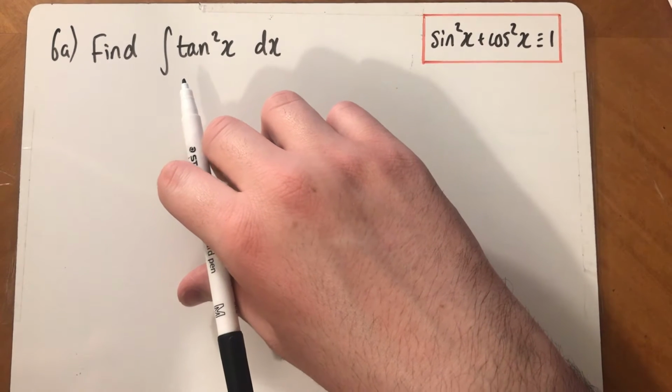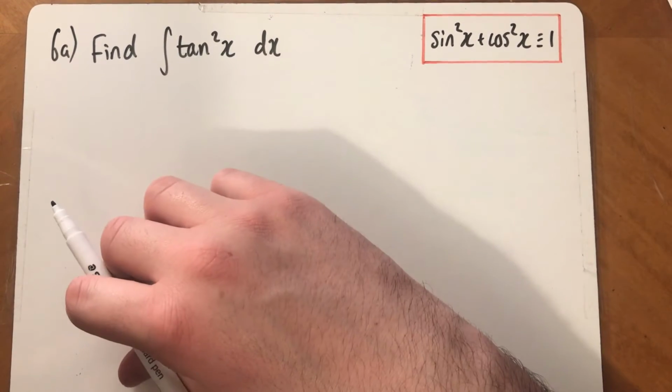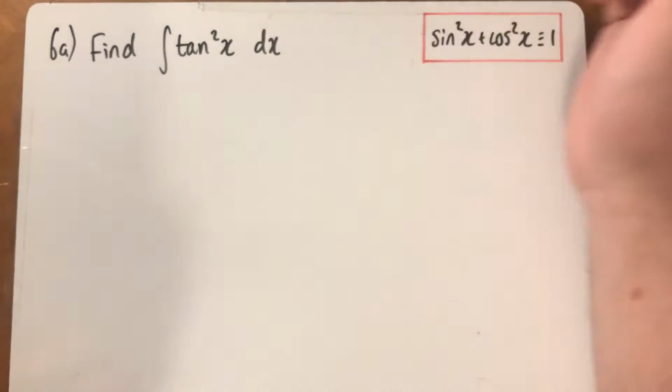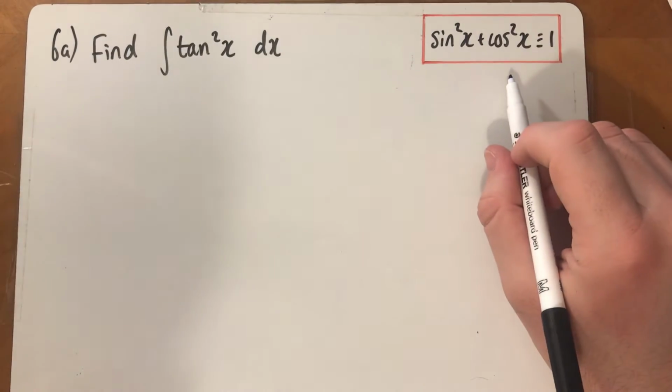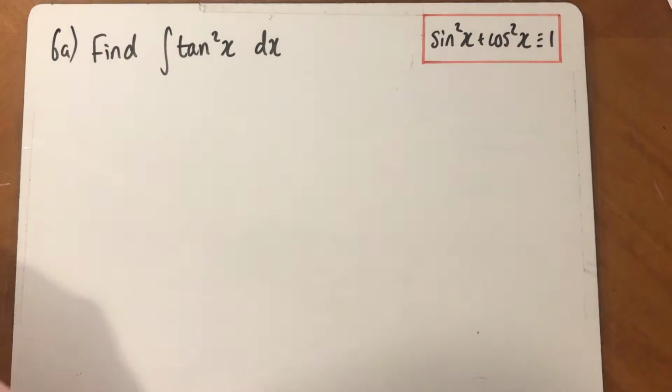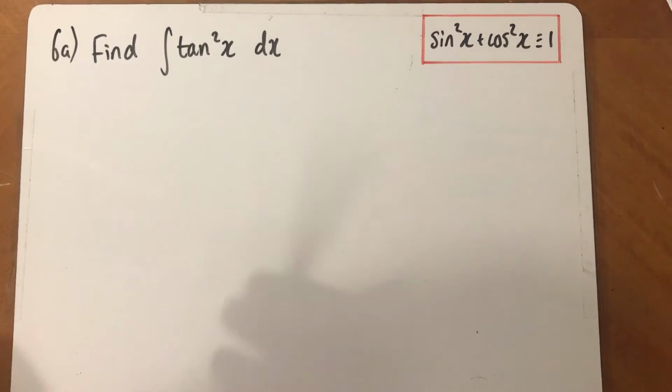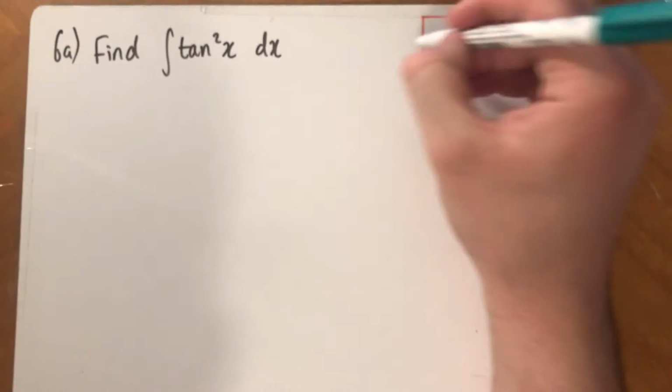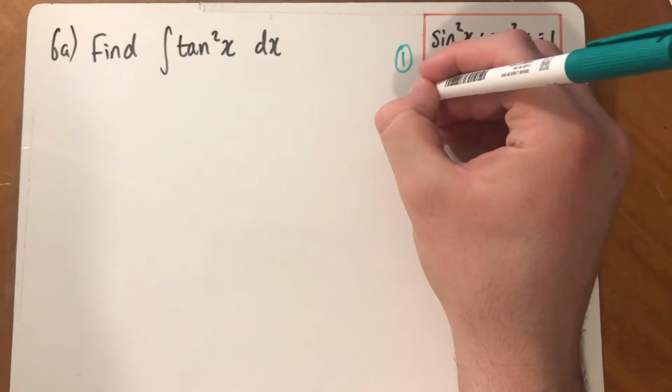Okay, so you should be familiar with this identity. Q layer 1, sine squared x plus cos squared x is identical to 1. Okay, so if we call this identity 1